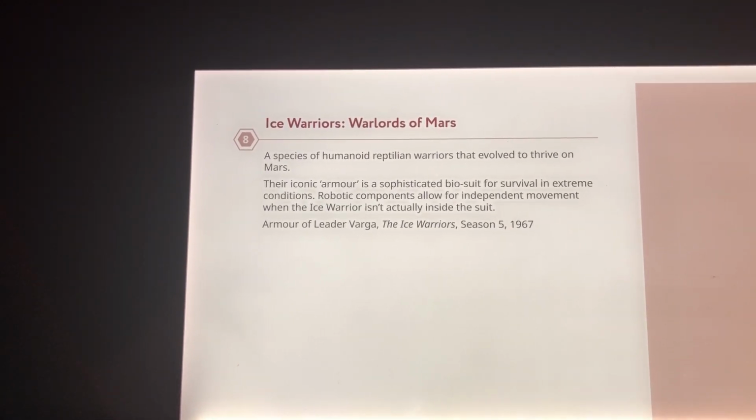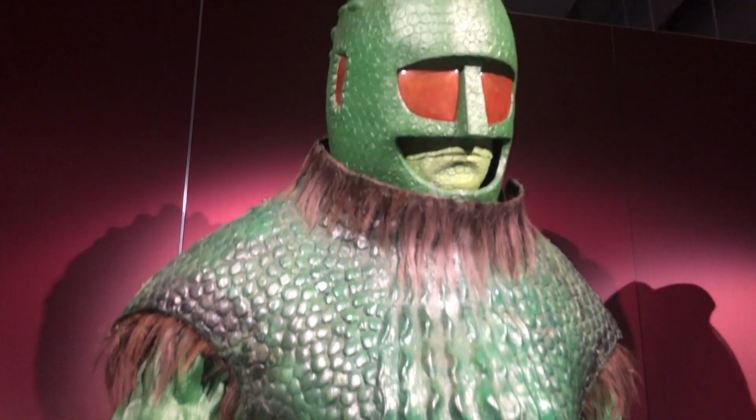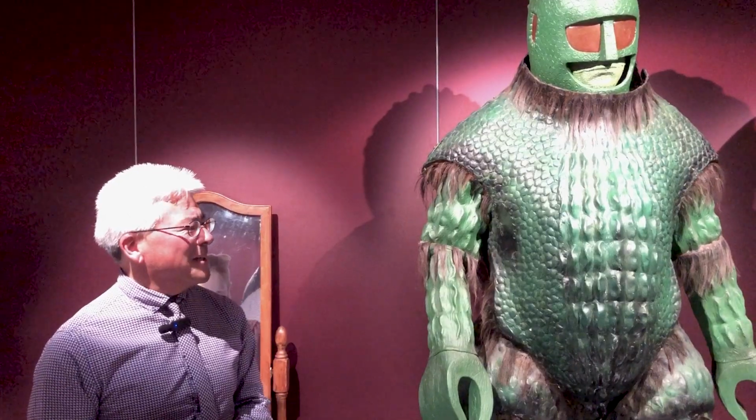Here's a magnificent Ice Warrior. This is just an amazing costume. I think this would have been worn by Bernard Breslau or Sonny Caldinas. There were 4 stories: Seeds of Death, Ice Warriors, Curse of Peladon, and Monster of Peladon that the Ice Warriors appeared in,